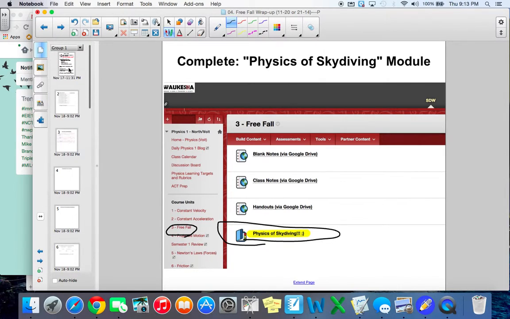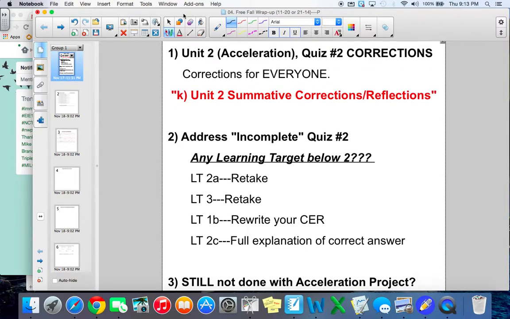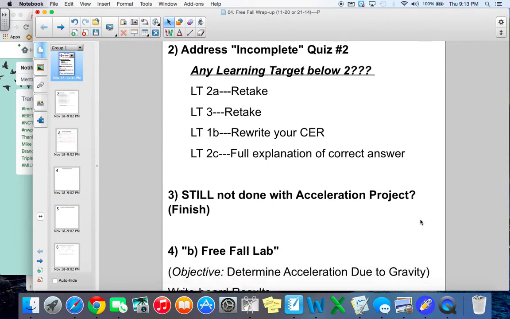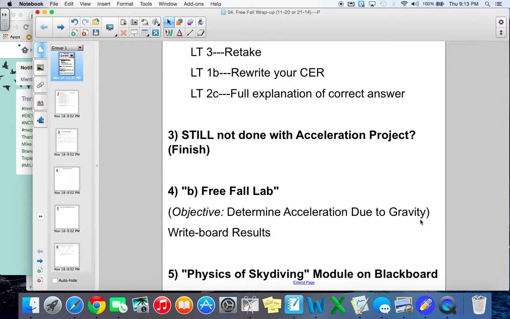So take a look right now at this organization piece, this kind of breakdown of what you're going to do. Make a goal for what you're going to accomplish today. Work on that, stay focused, and my expectations are that you guys are on task, working hard, getting this done, getting your free fall lab done. If you don't know how to do it, ask the questions of your peers. You have people around you that have already gotten to most of these places, that have done well on the tests, that have done the free fall lab. Use them as a resource.